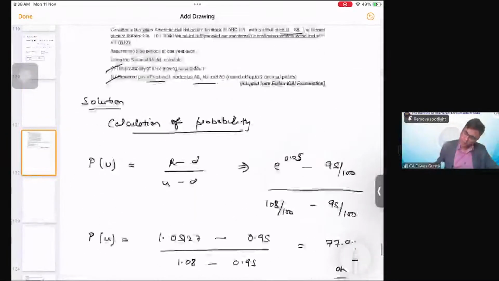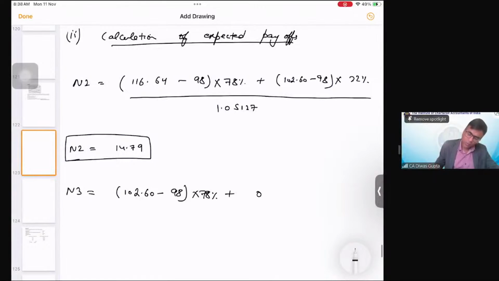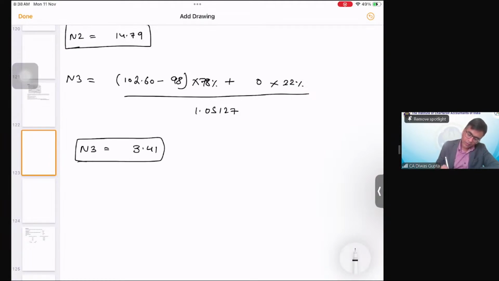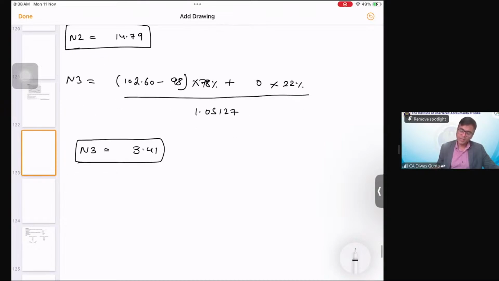At the lowest price of 90.25, there will be no payout, multiplied by 22%. The whole is divided by 1.05127. So N3 will become 3.41. Right, at N3 the payoff will become this much, and then finally at node 1,